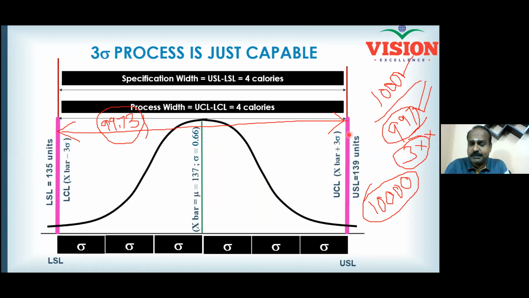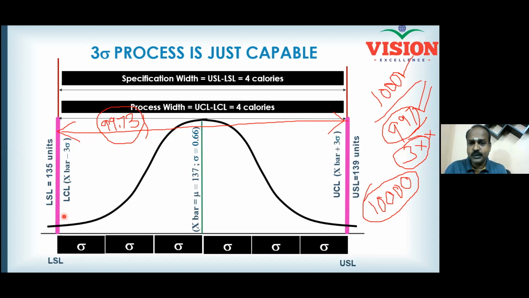It is something like I have parked my car in a parking area which exactly fits my car. My process is just capable. And now imagine your control limit, you told me 99.73% will be inside. And how many are you producing in a batch? You are producing 1000 in a batch. Now tell me, what is 99.73% of 1000? 997.